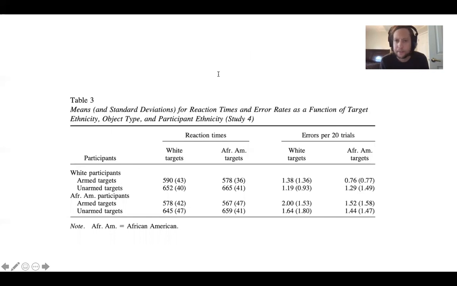Yes, I do think that is a possibility. Ahmed asked, do you think that there can be problems with the study as the gun in the black person's hand is clearly shown while the one for the white person is close to his body? Yes, I think that is a possibility. And I don't know enough about their stimuli to know if the stimuli that I showed you earlier, Ahmed, that might just be,